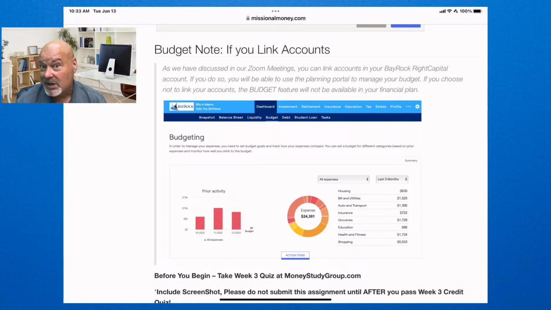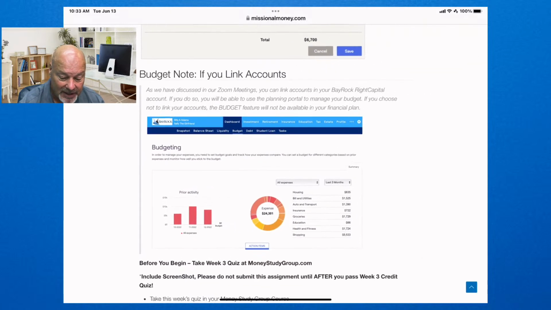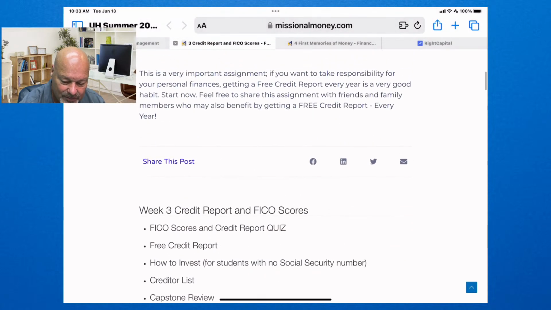I pay a lot of money to be able to let my clients have access to this kind of tool because I think it's great, and I use it. But anyway, that function doesn't work if you don't link your credit cards. So if you want the function of having a built-in budget, you have access to that in this course in your financial planning portal, and that's how you make that happen.